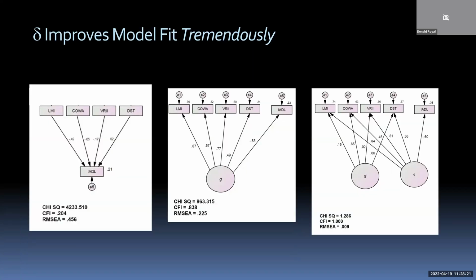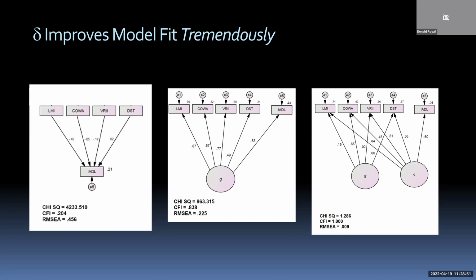Now, let's think a little bit about fit. So another advantage of structural models, in addition to the idea that you have to account for 100% of the variance, is that you can test the fit of alternative models with certain statistical measures. So ideally, we would like the chi-square to be as low as possible, the CFI to be as high as possible, close to 1, and the RMSEA to be as close to 0 as possible.